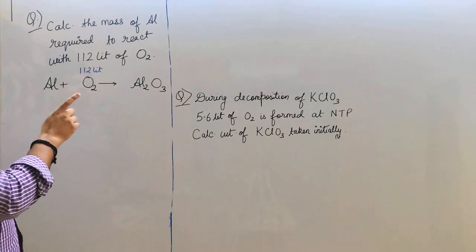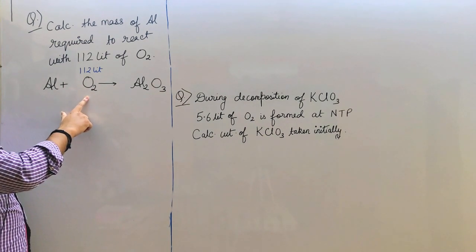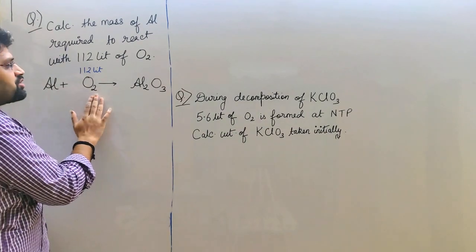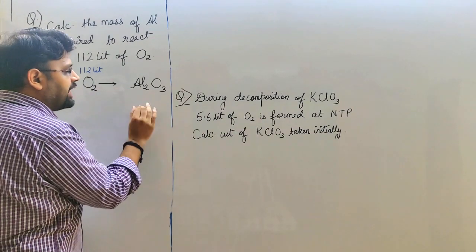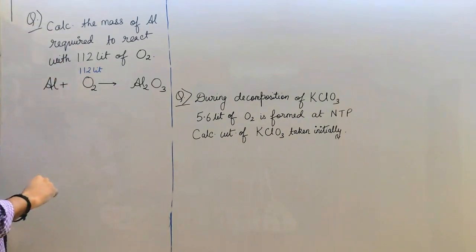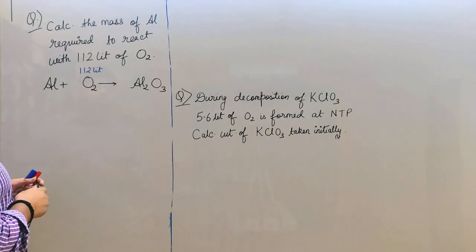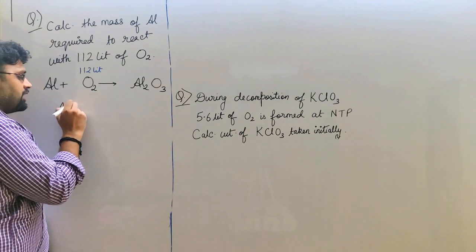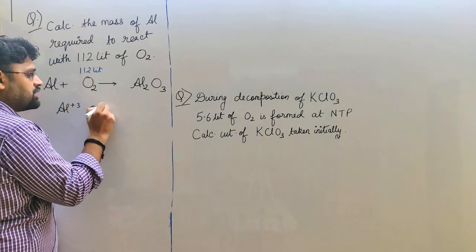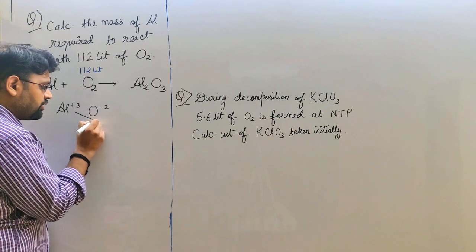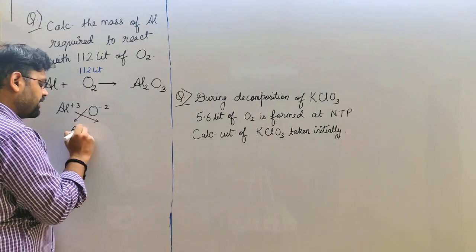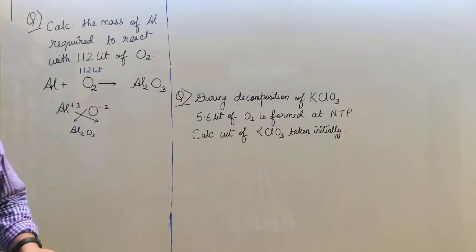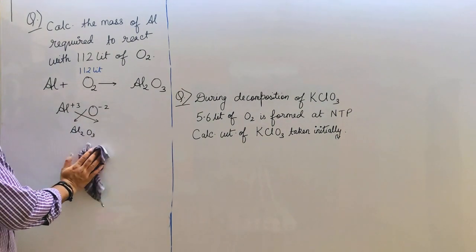Mass of aluminium. When aluminium reacts with oxygen, this equation will not be given in the question. We should know that aluminium, when it reacts with oxygen, forms its respective oxide, that is aluminium oxide. Now see how it is formed. Aluminium has a valency of +3, oxygen has a valency of -2. We'll cross multiply this and we'll get Al2O3. I hope this is clear. We have already seen this in junior standards.